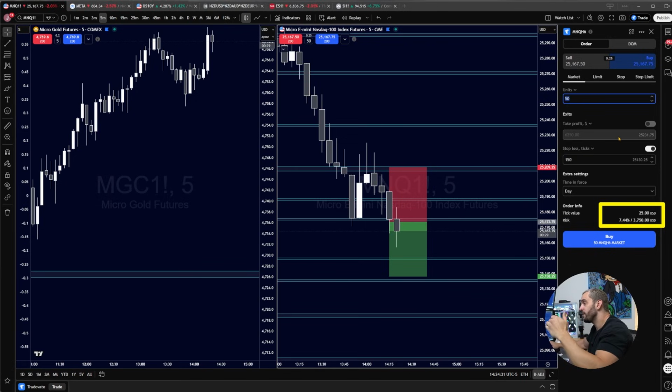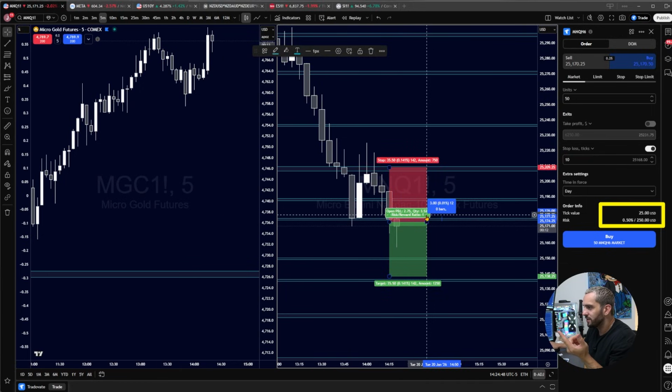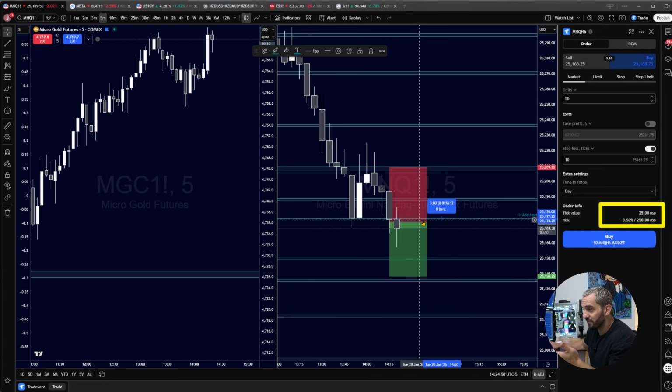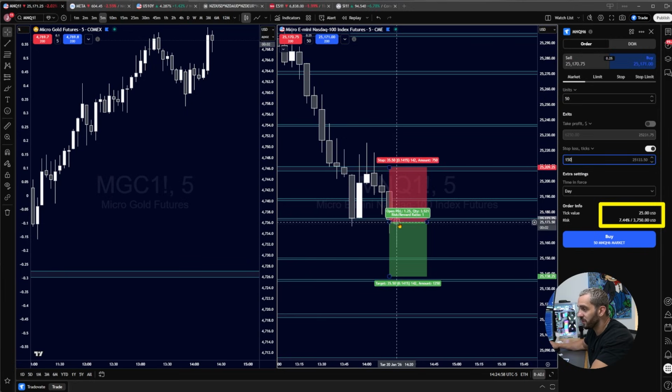So how do I remedy this? I have two things to do if I want to decrease my risk. Number one, I can decrease my stop loss. If I go down to 20 ticks, if I go down to 10 ticks, there you go. 10 ticks, $250. But you're talking about my stop loss needing to be here. Like I'm definitely going to lose that trade if it's that close to price. You have to give it a little bit of breathing room, right? You want to put your stop loss based on market structure. So instead of lowering my stop loss, I'm going to keep it at 150 because I'm going to go based